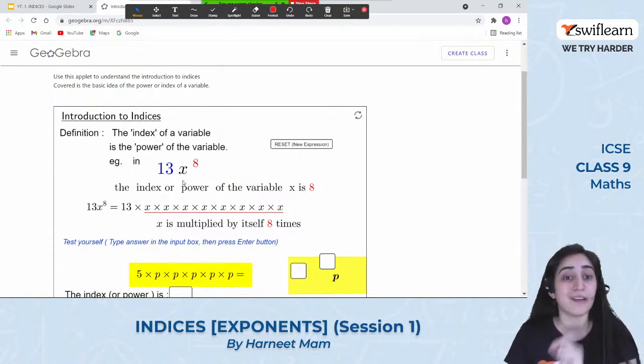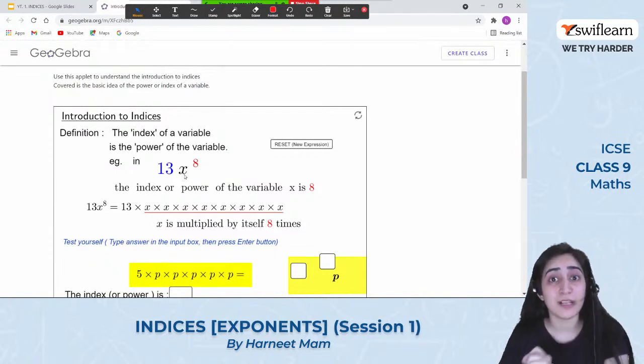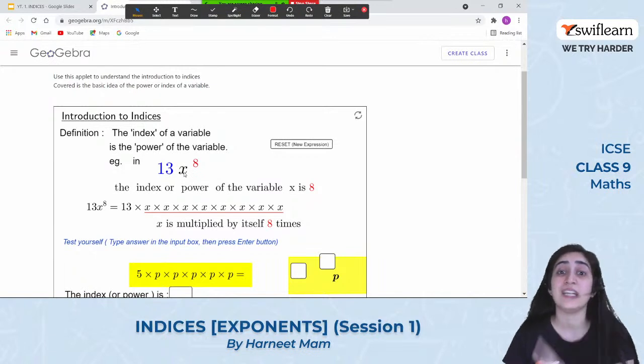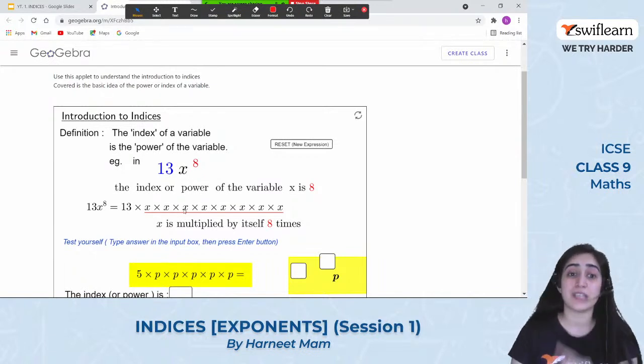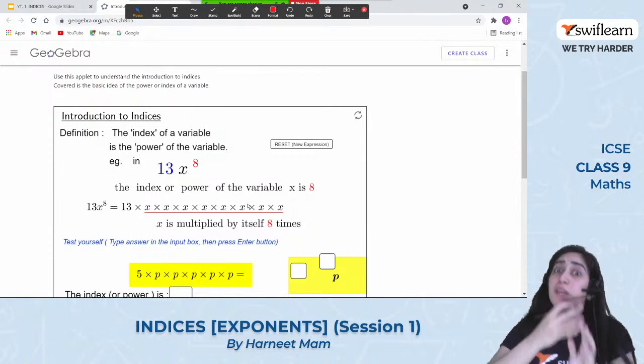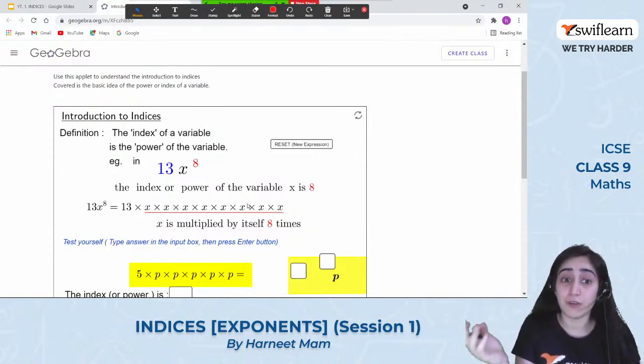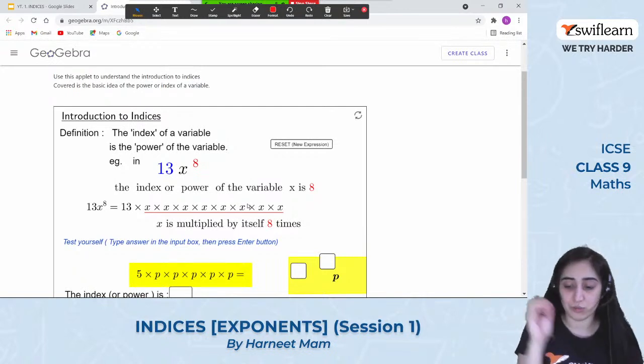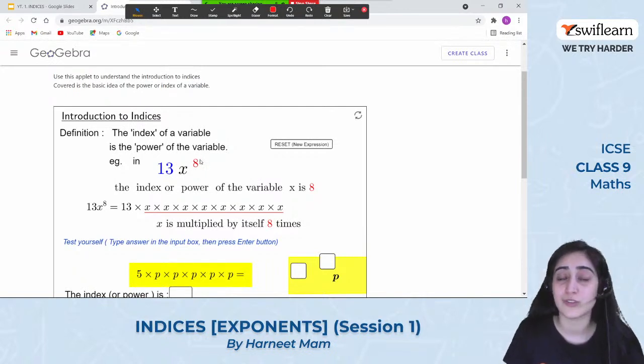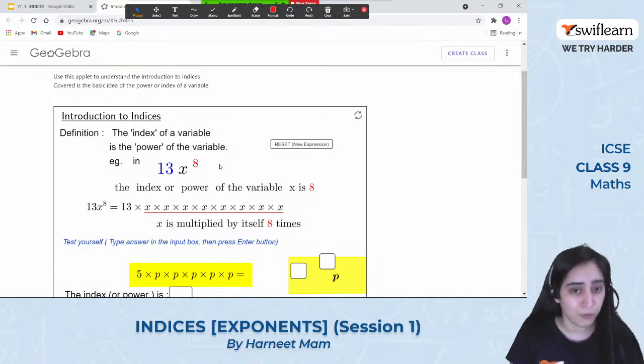13 को हम multiply कर रहे हैं x कितनी बारी multiply हो रहा है? 8 is multiplying 8 times by itself. So it's x into x into x into x into x into x. तो हम कितनी बारी x बोल रहे हैं? 8 में ही. Suppose it's 12, so it becomes a little more difficult. So that's why we have made it easy and just write it on the top of it. So x raised to the power of 8.